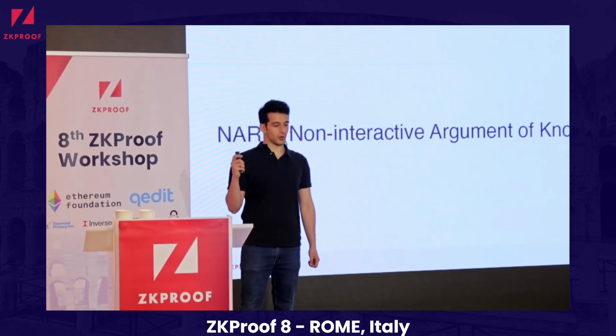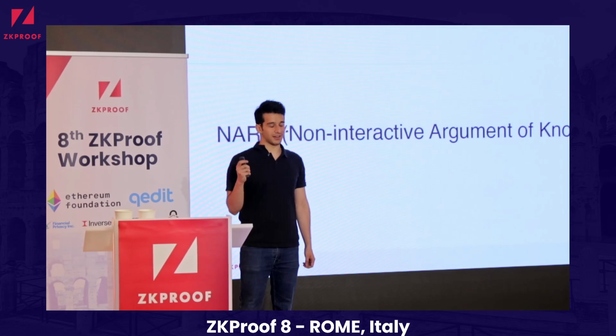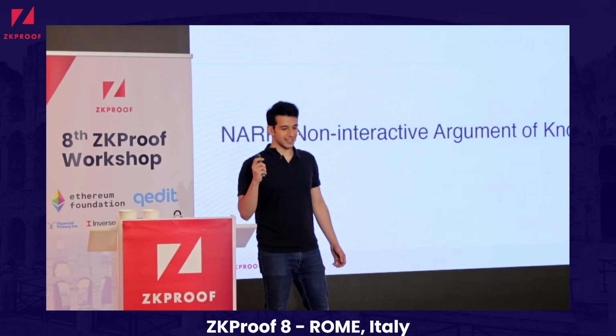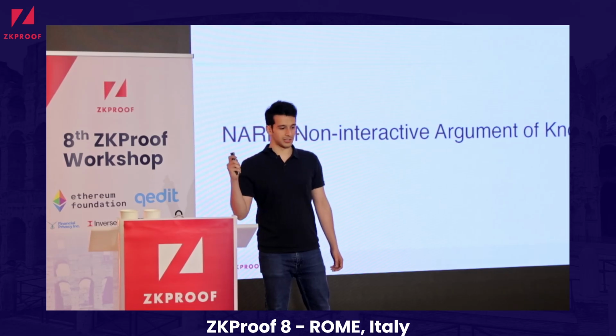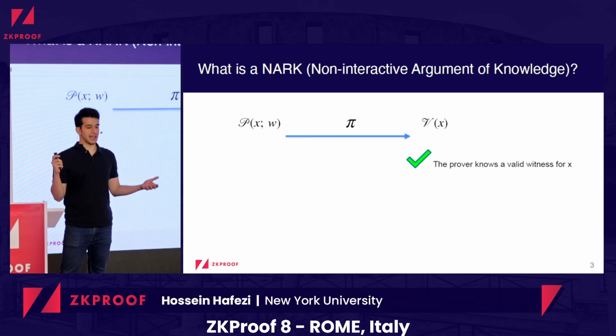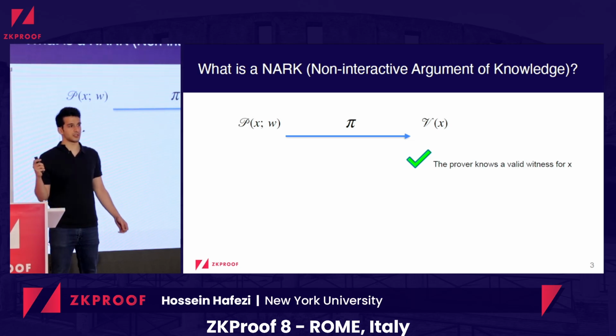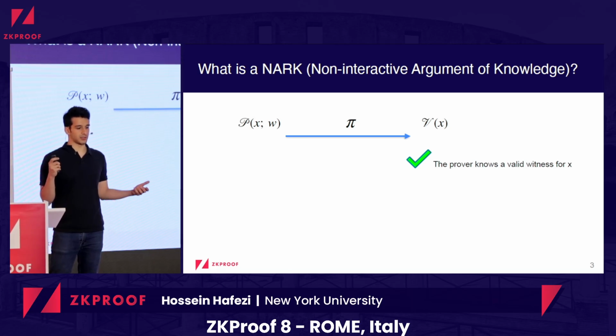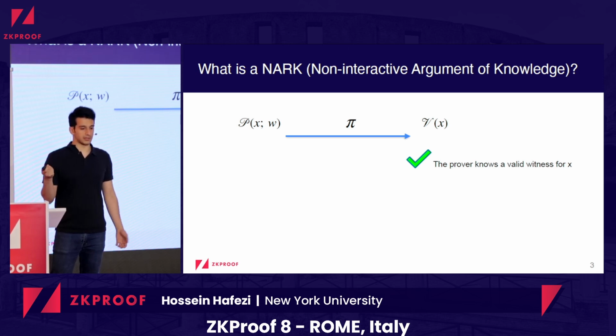So first I'm going to talk about what is a NARK. Obviously you all know it, but I still have to go through it for the sake of completeness. It is a non-interactive argument of knowledge. So imagine we have a public relation R, which is an NP language, and we have two parties: a prover and a verifier, such that they both have an instance x, and only the prover has a corresponding witness w. Here, the prover sends a proof to the verifier that proves that it knows the satisfying witness,